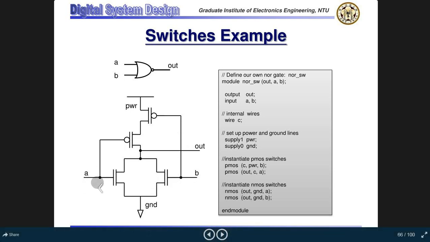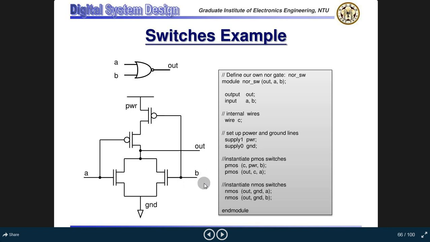Suppose a is equal to 0. Now this value will propagate to this point, and this CMOS circuit will go to the on state. And also suppose we provide a value b here, which will be 1. As soon as 1 is provided, this CMOS switch is in an off state. So in this case also no power value will be propagated to here, so the output will be 0.